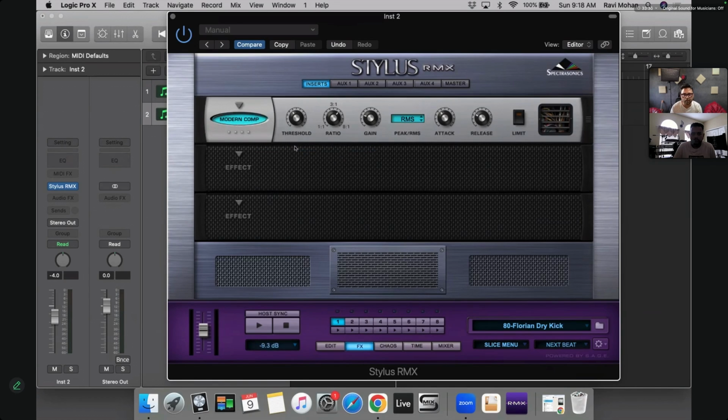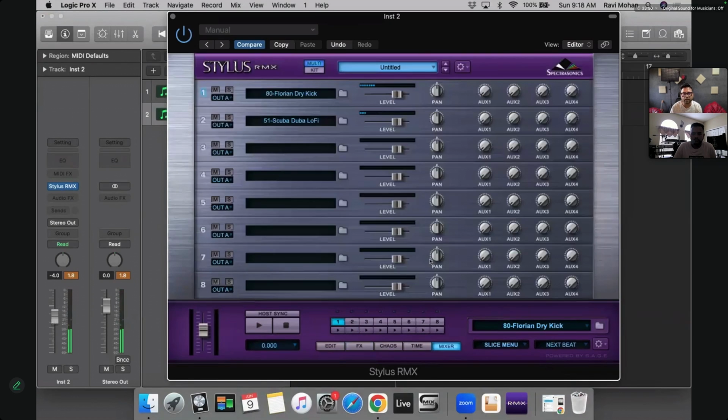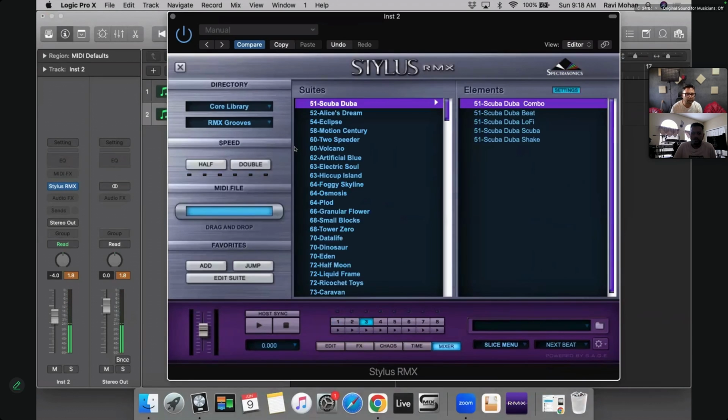Okay, now let me just squash it and you'll see the magic. So you have a very beautiful kick, and then obviously you can control the levels. Now there are various ways to reach the same place, right? So now we have selected that.